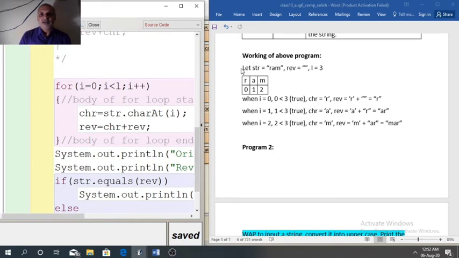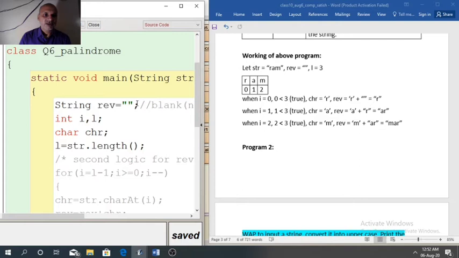Suppose str is Ram. In the beginning, rev is initialized with blank. Whenever you have to modify a string, the variable which will store the modified string should be initialized with blank. Now L will store the length.